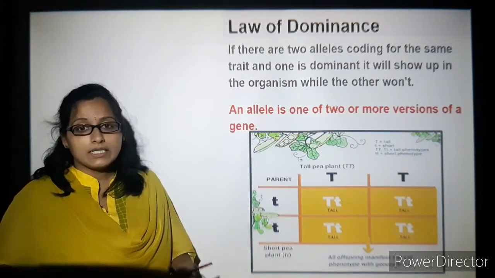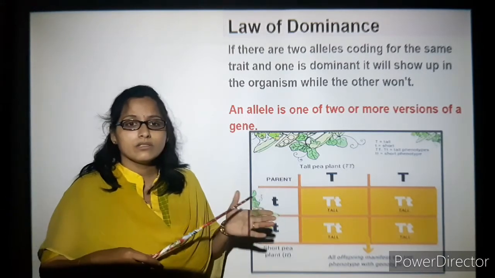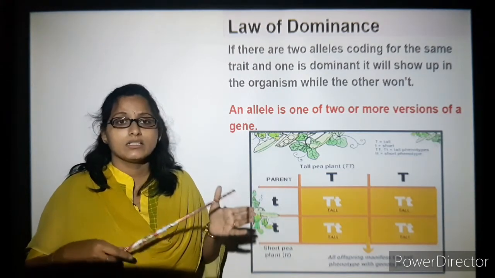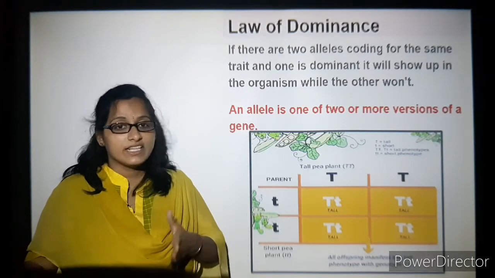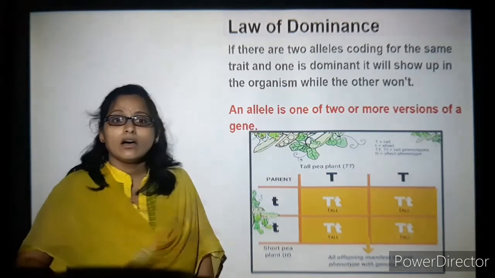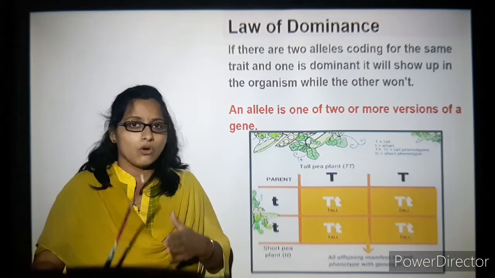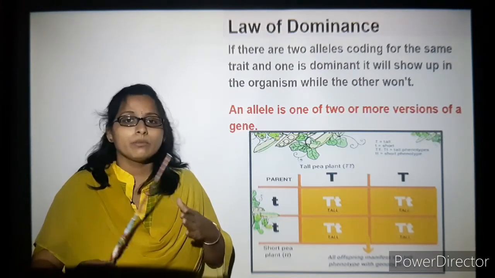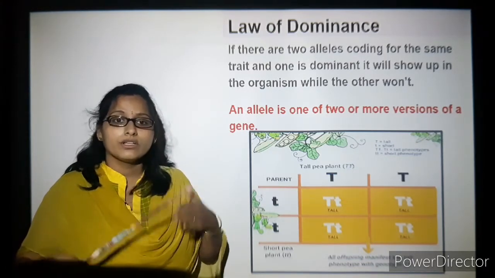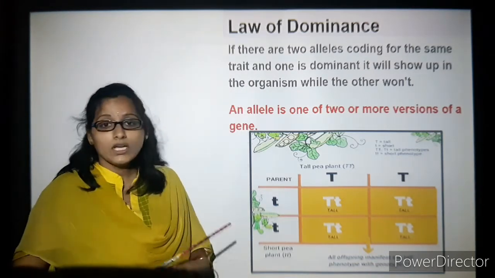So next we will understand the law of dominance. So what is the law of dominance? Dominance responds to the genes that are dominating or getting carried to the next offspring. If there are 2 alleles, alleles means there are 2 genes or 2 characters, like tall and dwarf. We will take the same example, tall and dwarf. Which is going to become dominant? Tall. So tall is going to become dominant, or it is going to become the character of the next offspring. It is the dominating character.